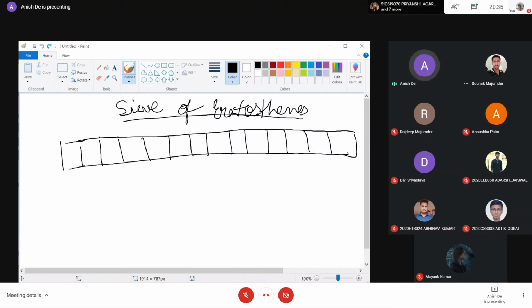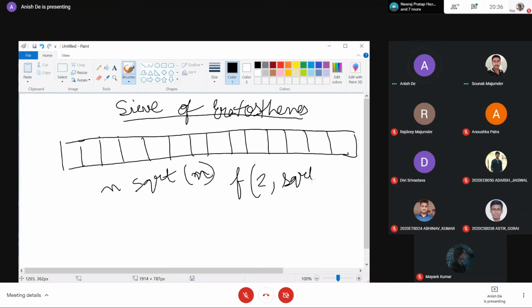Just like the basic approach, you can do it in square root of n, which we did last day, where we ran a loop from 2 to square root of that number and checked the number of factors. If the number of factors is greater than 2, then it's not prime, otherwise it is prime.